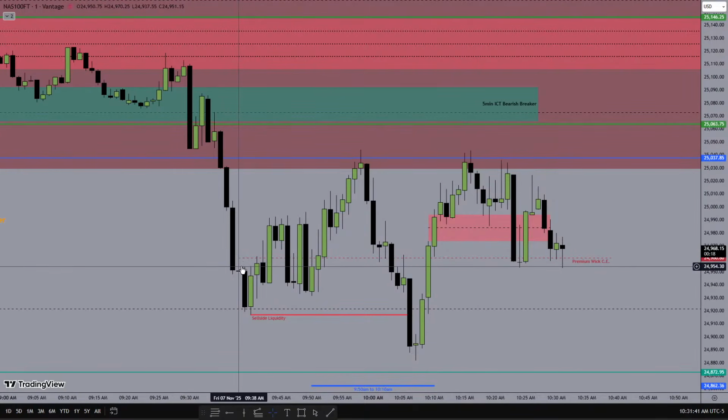This wick is part of the Fair Value Gap. There's no wick here, here, here, here until we get right there. So that is the one that's part of the Fair Value Gap. I'm going to be always using those and projecting them to the right. They're always going to be influential, no matter when or where they form.